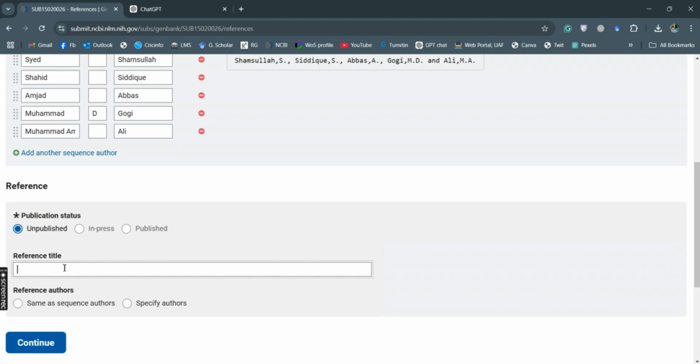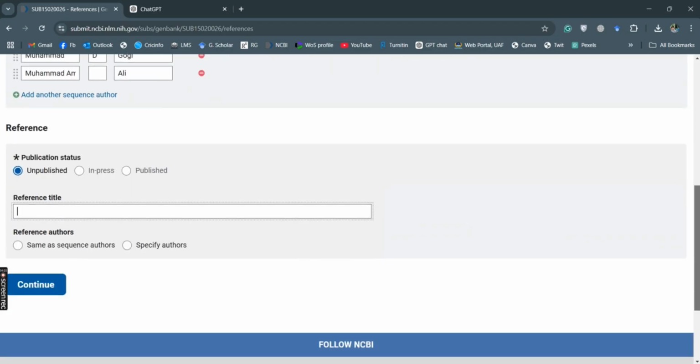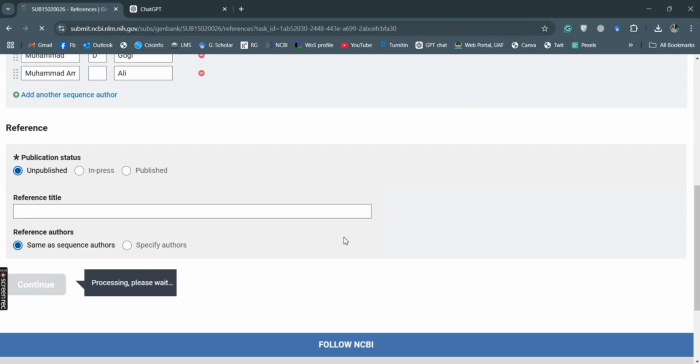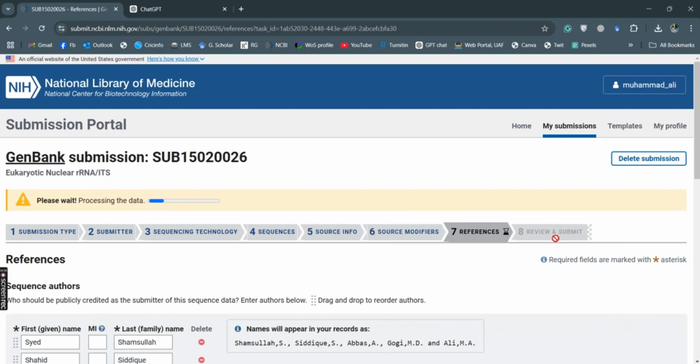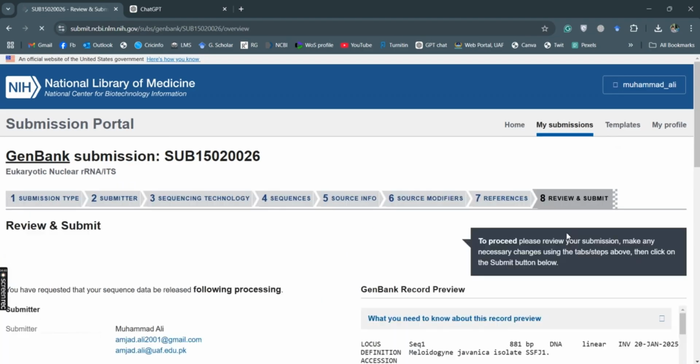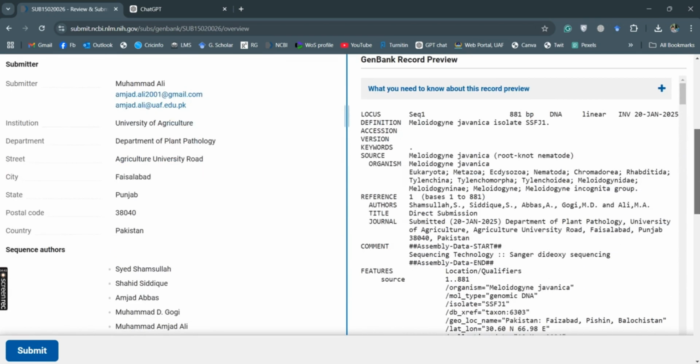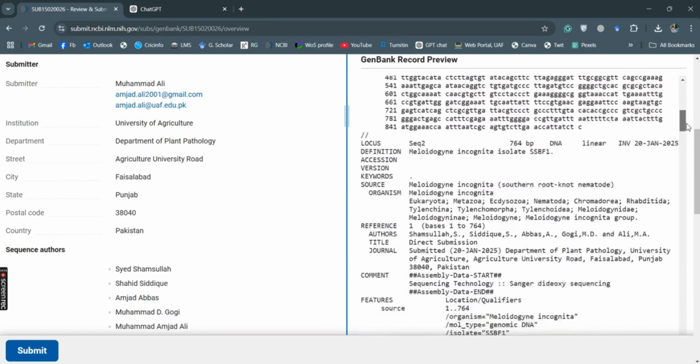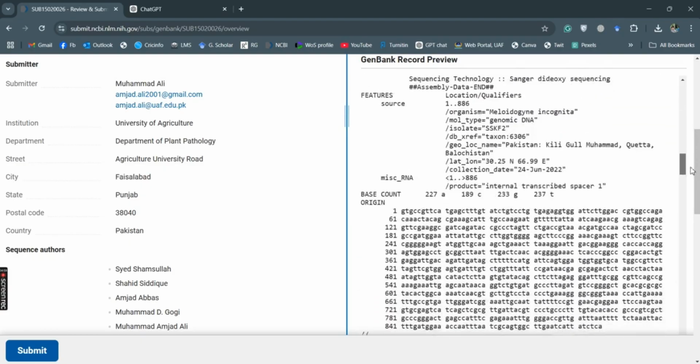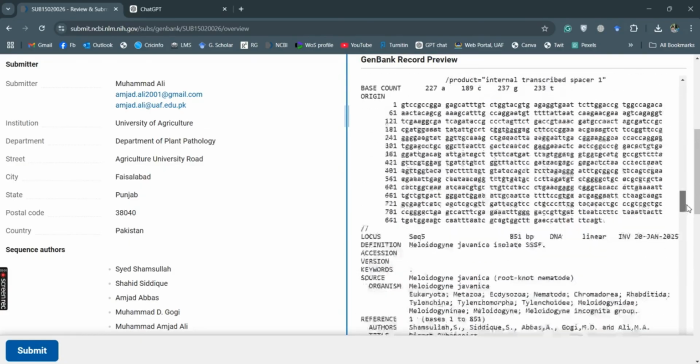will click on unpublished, and reference authors same as reference authors, and we'll continue. So this is now going to the final step: review and submit, and we'll review this data here. You can see this is the same interface where it appears like, so this will appear on the NCBI GenBank or